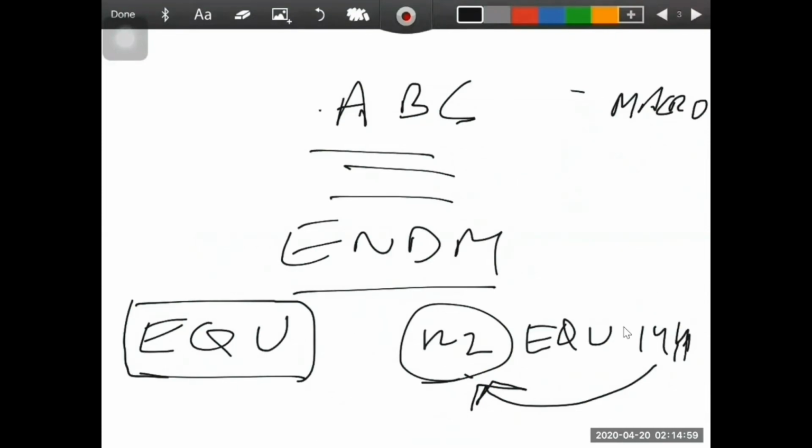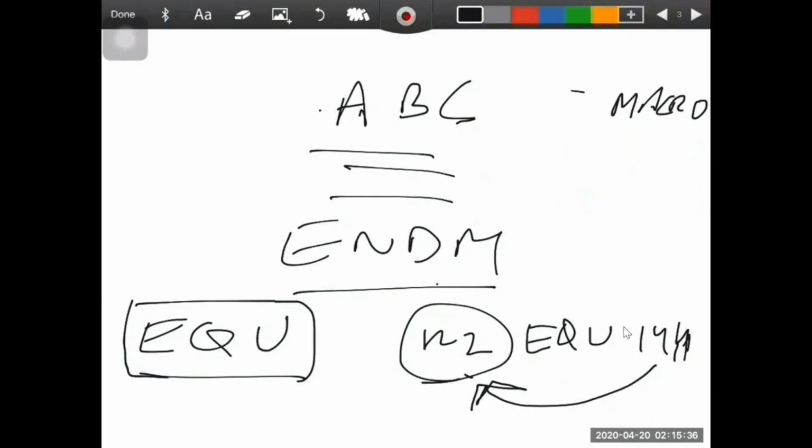So macro also contains three directives. First one is MACRO, second is ENDM, and third one is EQU. So for example, first of all, you might be knowing what is macro. You have already studied in C++. Macro is a group of instructions that we are giving one name at the start of our program. Each time we call the macro in our program, then the assembler inserts the defined group of instructions in place of that call, right?